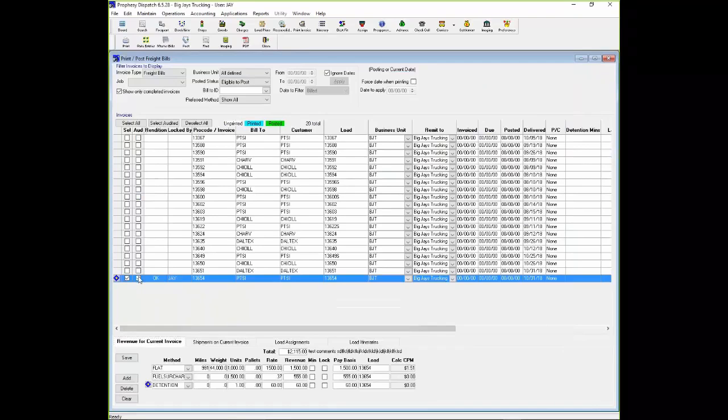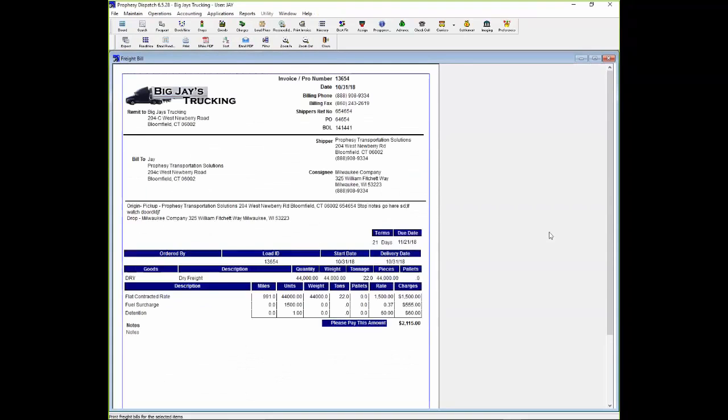You can move on to the next and the rest of them for the day. You hit print when you're done and ready to print off your invoices. There's roughly 30 to 40 layouts of invoices available. You can select different ones for different customers that will default if you'd like. Your logo appears everywhere. While you're on this particular layout, your numbers, your pickups and stops, your itemized charges are